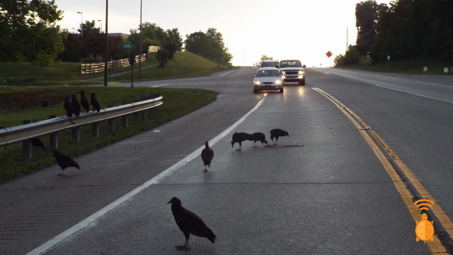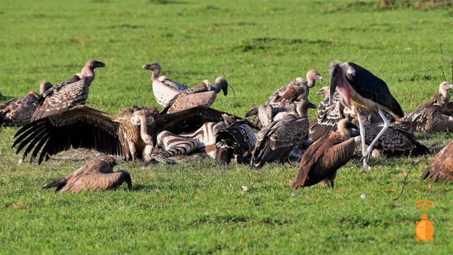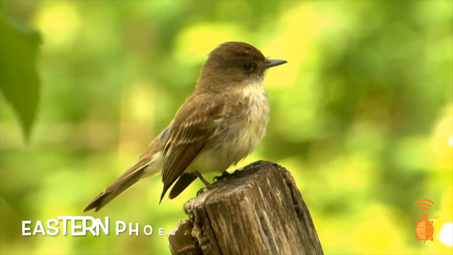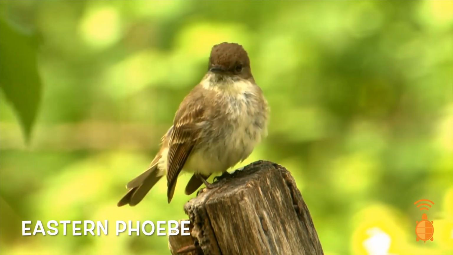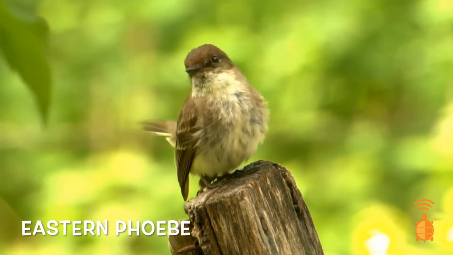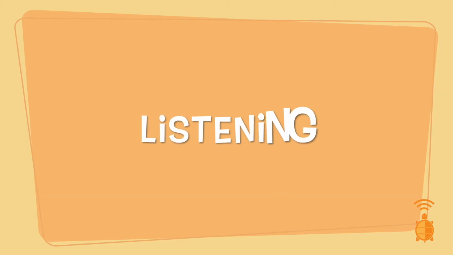Paying attention to what a bird is doing can also be really helpful. If you see a bird eating roadkill, chances are pretty good that it's a crow or some kind of vulture. Birds can also do some more subtle things that help you identify them as well. For example, eastern phoebes tend to bob their tails up and down while perching. Another helpful thing eastern phoebes do is say their own name, which brings me to my favorite part of birding,